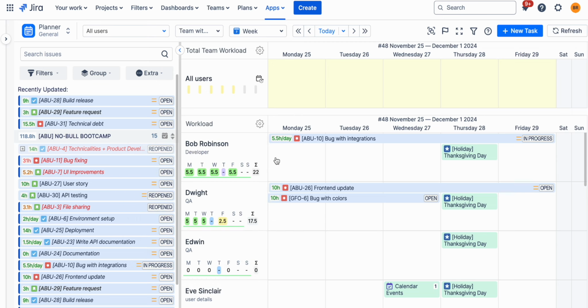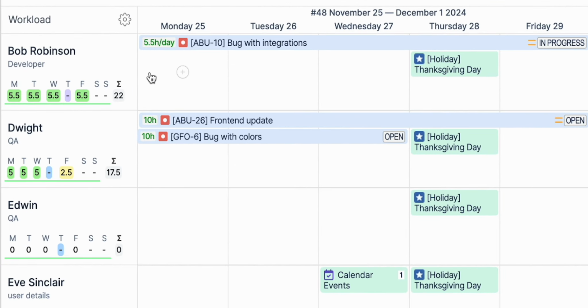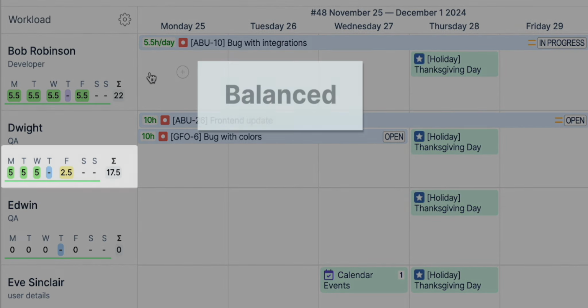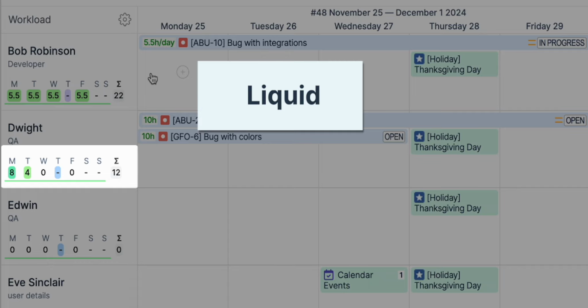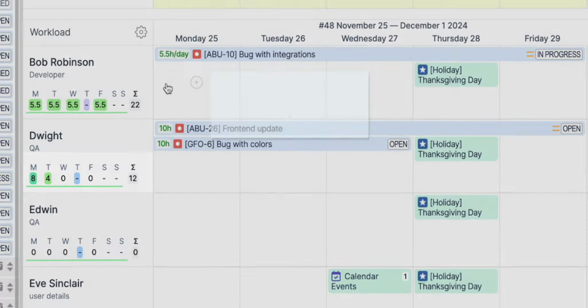There are also 2 types of workload distribution when the task is scheduled. In balance mode, the workload is spread evenly across all scheduled days for a task. In liquid mode, the system fully allocates each day until the task is complete, carrying any leftovers to the next